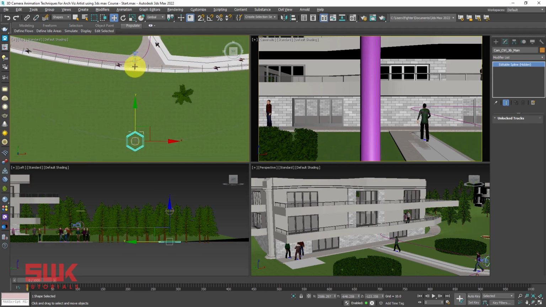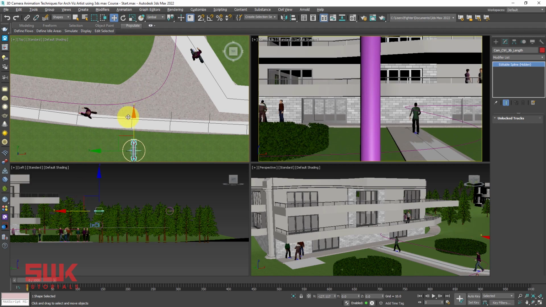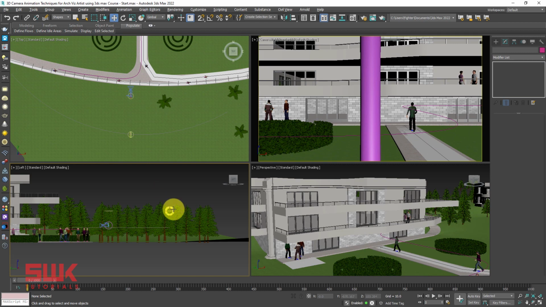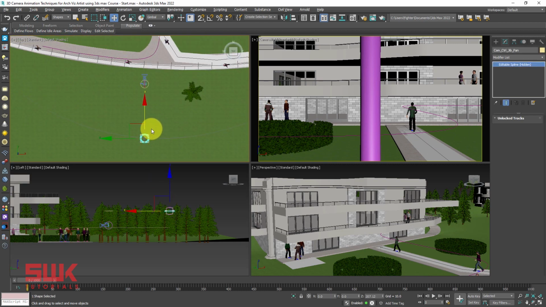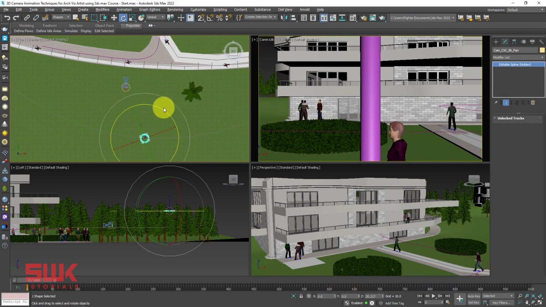Then I will select my length controller and decrease the length of my arm. Next I will select my pan controller and rotate it like this.